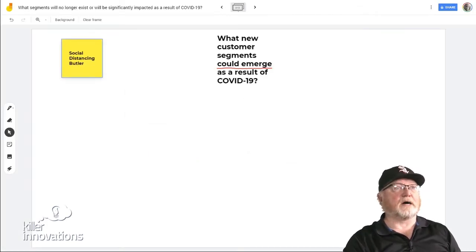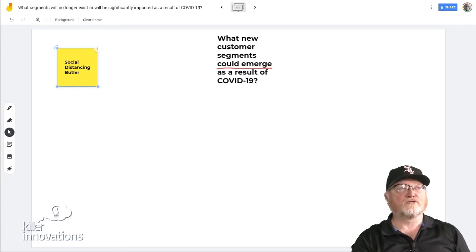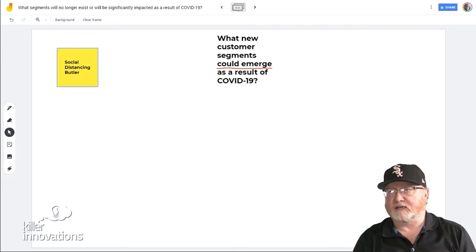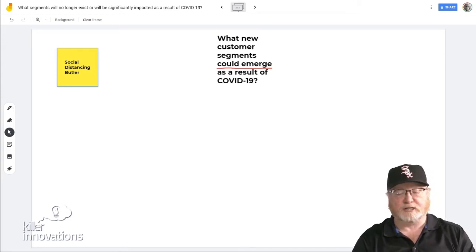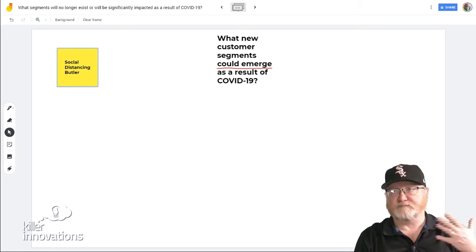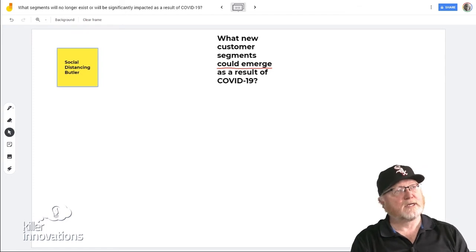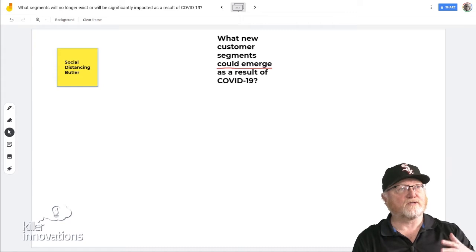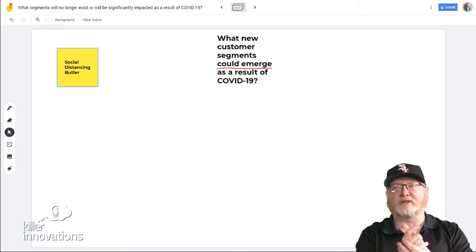A social distancing butler is that person who maybe you have a relationship with because it's a family member, a friend, someone from your religious organization, church, synagogue, mosque, that is helping you out. In our case, because we have an underlying health issue in our family here at the house, my daughter and son-in-law, who live here in Colorado, about 20 minutes away, in effect are providing this social distancing butler.